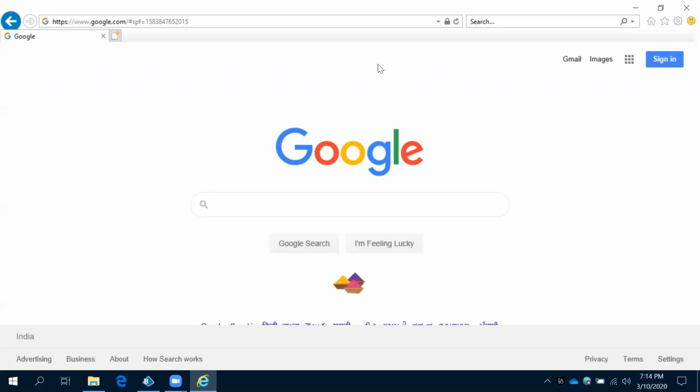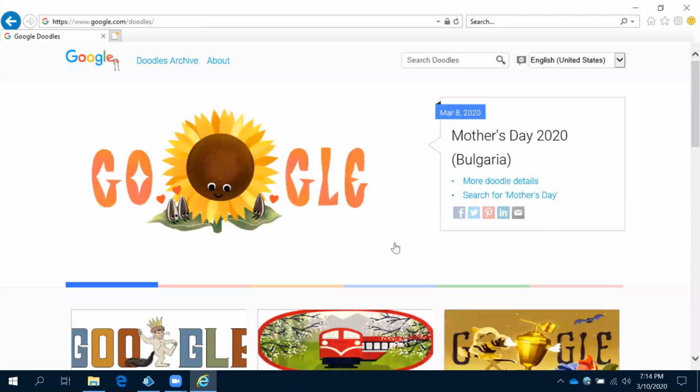Now, let's see what we are going to do with this application. First, we will decide what are the elements and what are the actions we need to perform, and then what we are going to automate here in this application. Now, here we have launched google.com. When we launched, then we have this home page. Now, observe this. I clicked on I am feeling lucky.